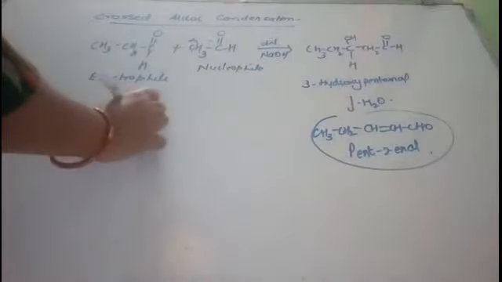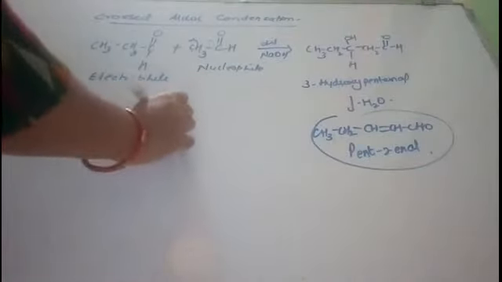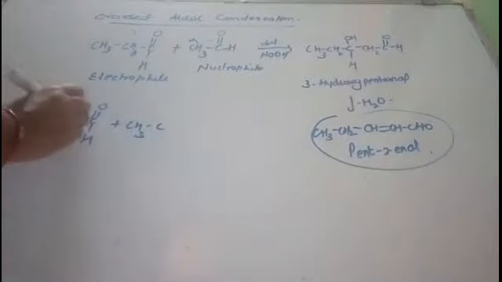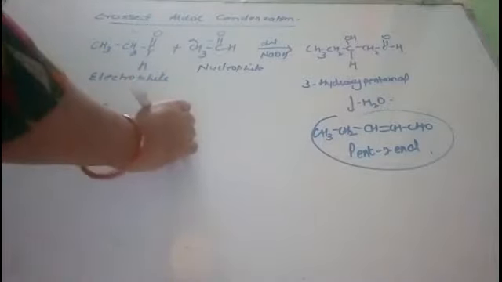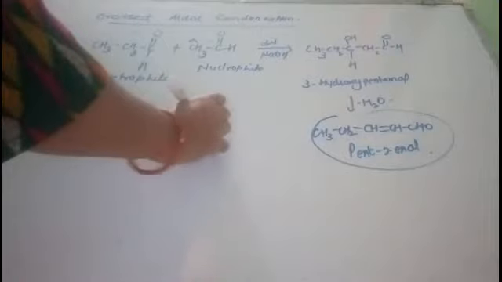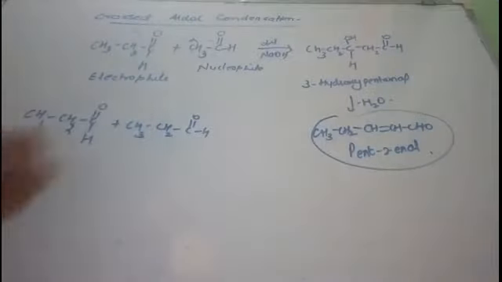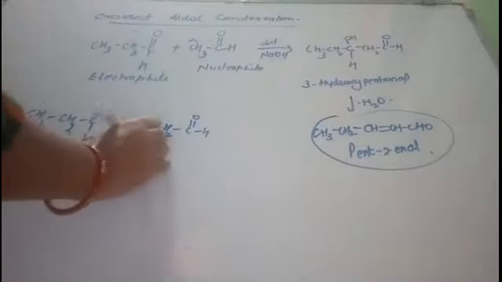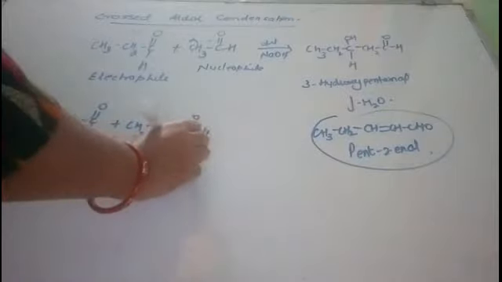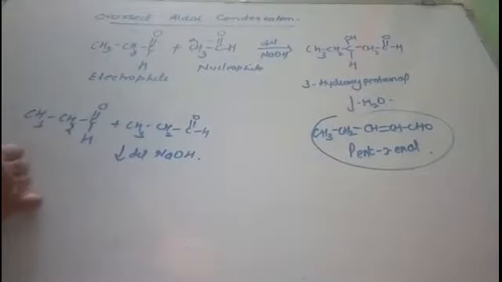So one more product we can get, meaning when it reacts with itself, propanal is the electrophile and propanal is the nucleophile, because we are not putting only one molecule, we will take so many molecules, so they can react together also. And what will happen in the presence of dilute NaOH? You will get here